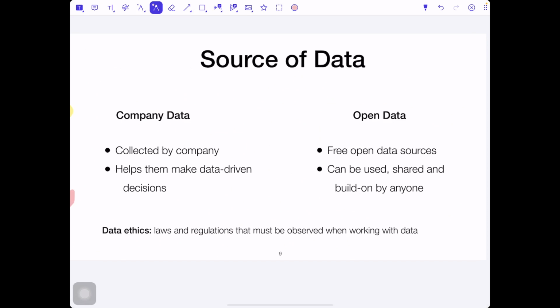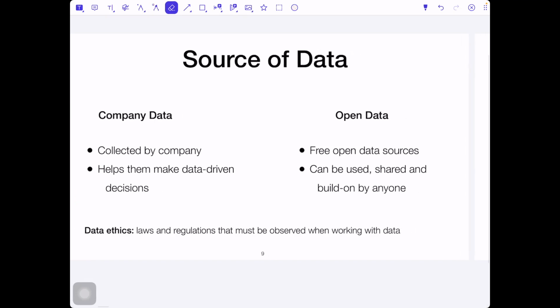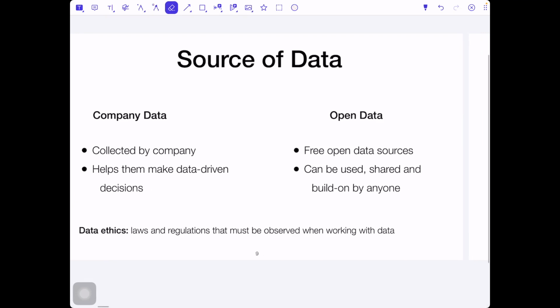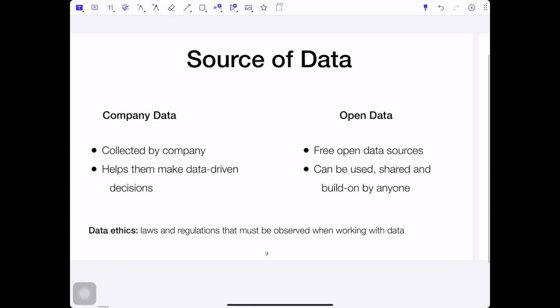The companies behind those services that we use collect this data internally. They use this to help them to make some data-driven decisions. So that means we have some step where the data are collected and taken by the company.